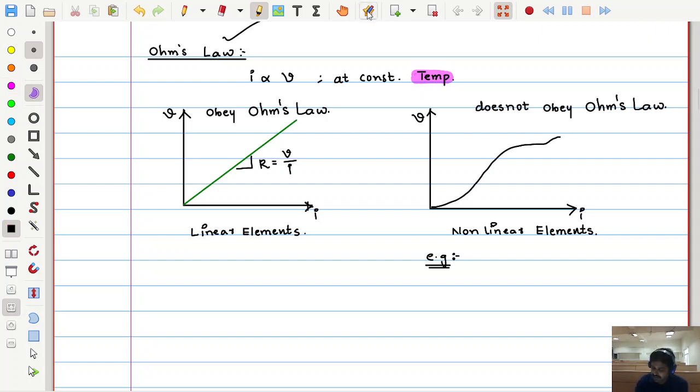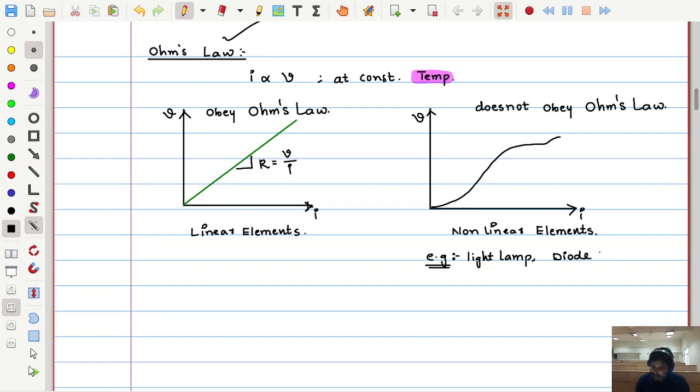Now you can look for such an example in reality. You can take a light lamp. With incandescent lamps, once you switch on, after some time the temperature will rise. That means the temperature is not maintained constant, thereby the voltage-current relationship is not a straight line, so it is a non-linear element. Another element which you see regularly is the diode. The diode voltage-current characteristics will not be a straight line. So these are examples of non-linear elements.